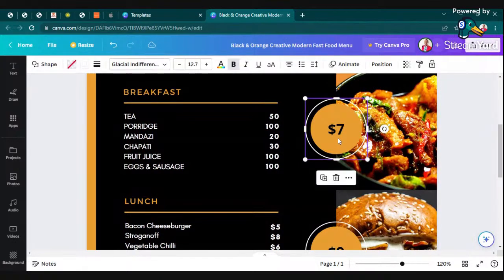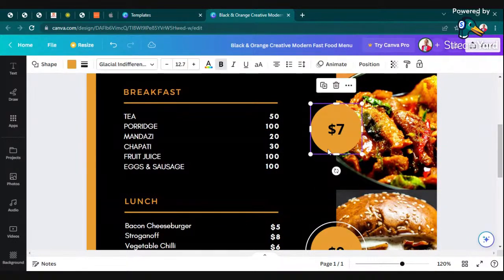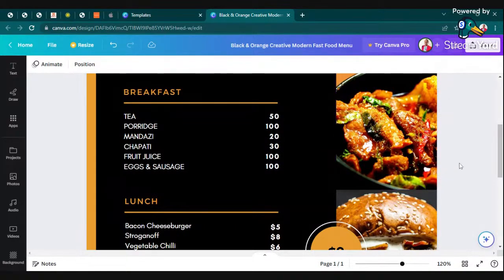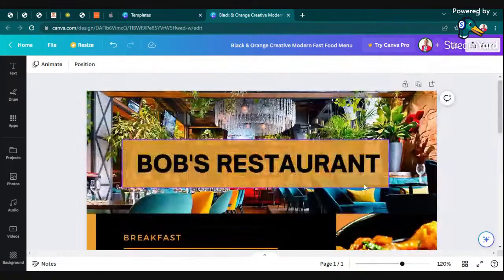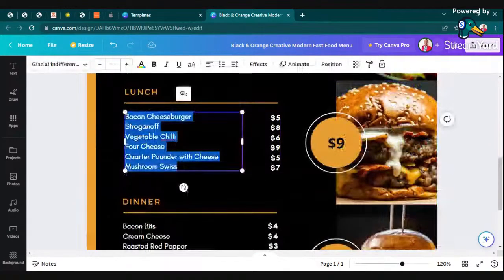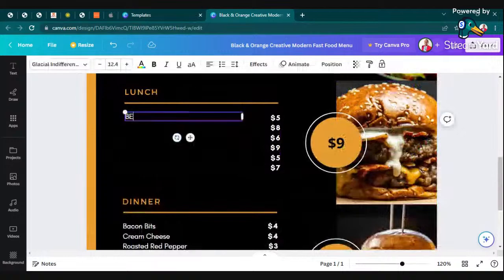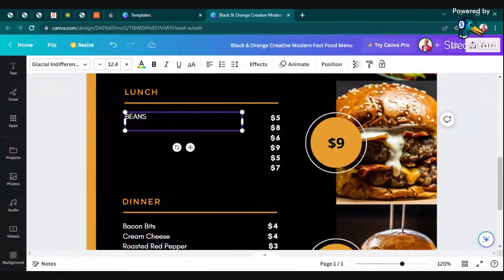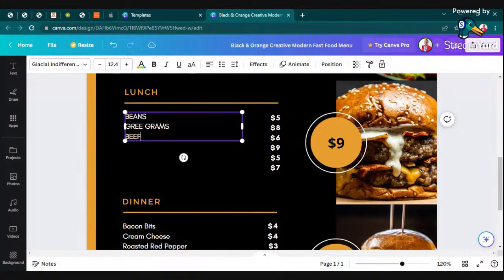Or alternatively, I can avoid this so that I don't bring in the confusion. Let it be that someone can pick whatever they want for themselves. Then for lunch, I'll write maybe beans and then maybe green grams and then beef and then vegetables